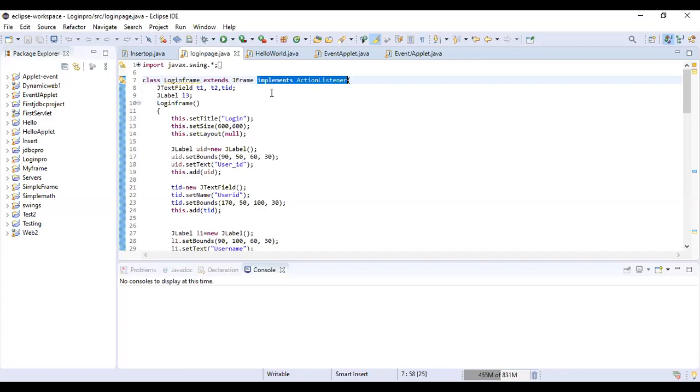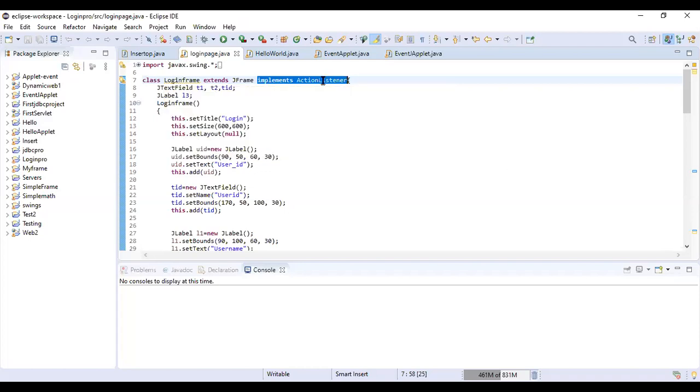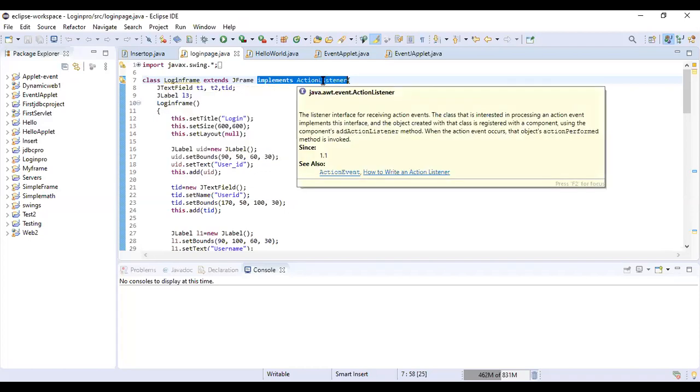When you say implements, it means that whatever are the abstract methods in this particular interface, this class is taking the responsibility to implement those abstract methods, to provide the code for the abstract methods which are present in this interface.